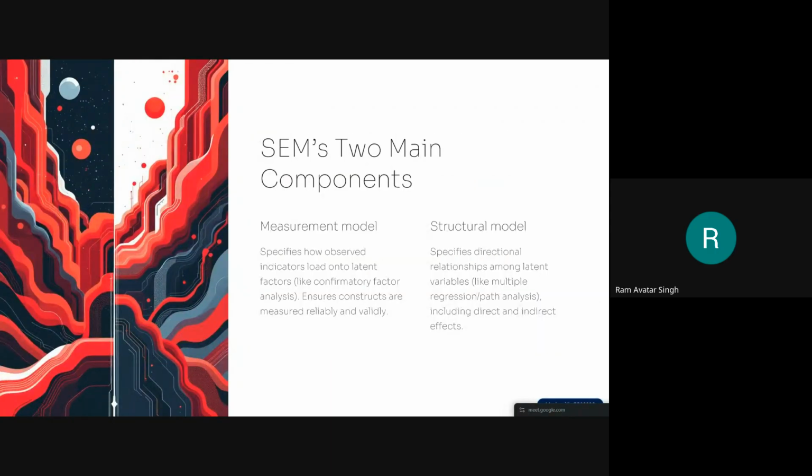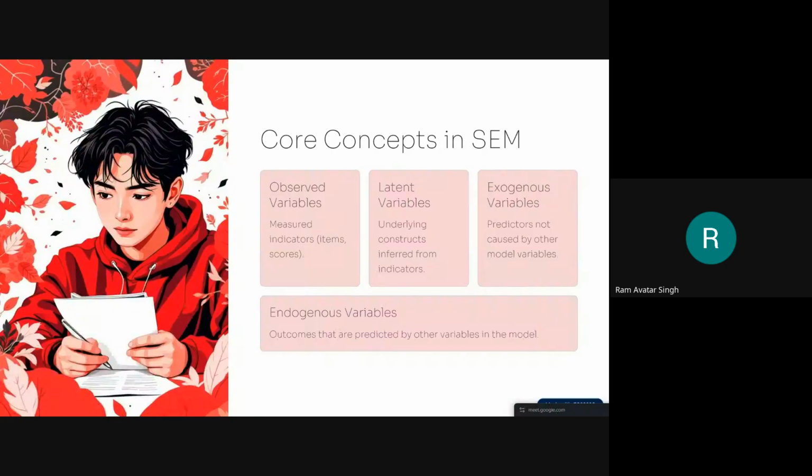Then we have the two components in SEM, structural equation modeling. We have the measurement model and we have the structural model. In the measurement model, we study the relationship between the latent variable and observed variables. For example, you can see that here we have a latent variable and we have an observed variable. The relationship between latent and observed variables is called the measurement model, and the relationship among the latent variables is